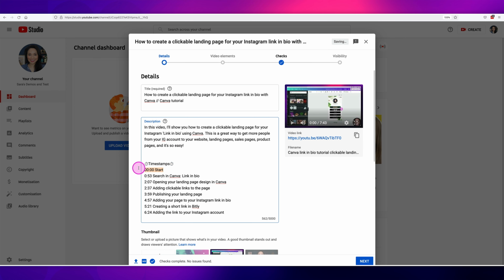You need to first of all have a 00:00, and then that's the first one. You have to have this in order for it to trigger timestamps to appear, and timestamps will break up your video into chapters so that people can scroll through and jump to it as well. That's the first one that you need to have. The other thing with timestamps is that you need to have at least 3 for them to work. You can't just have one timestamp. And it also ideally needs to be at least 10 seconds per chapter.